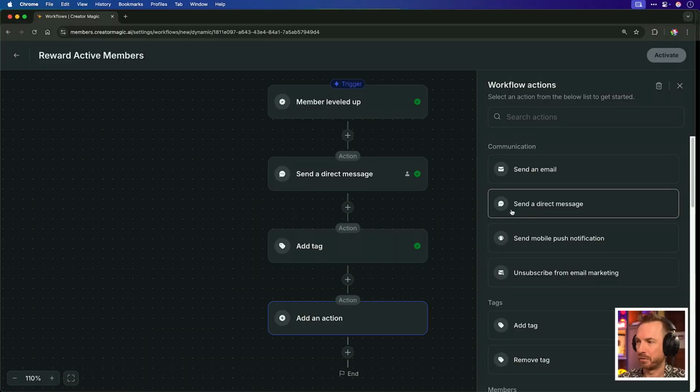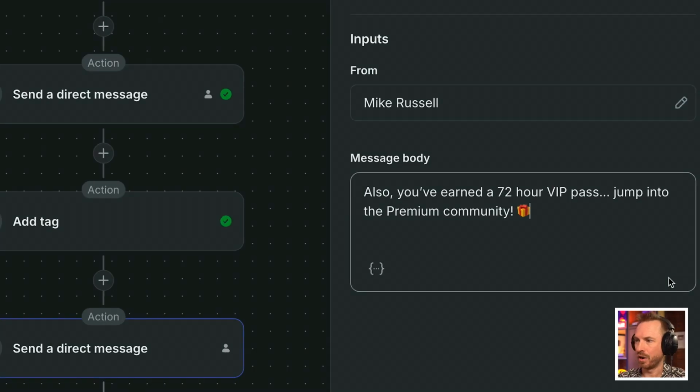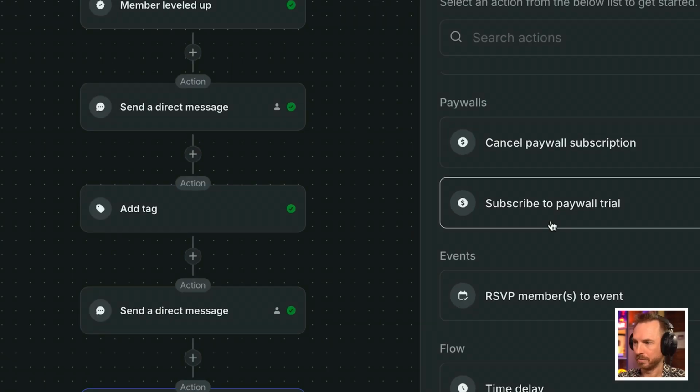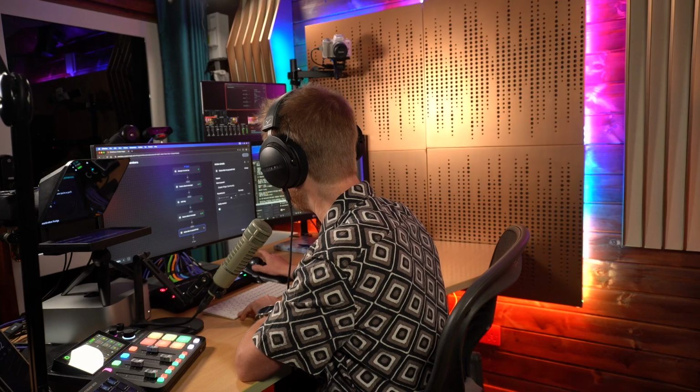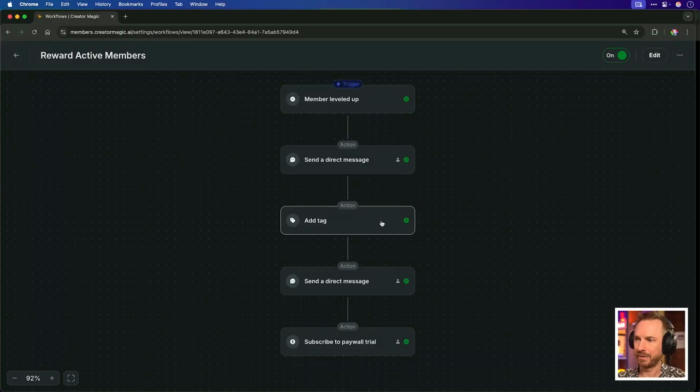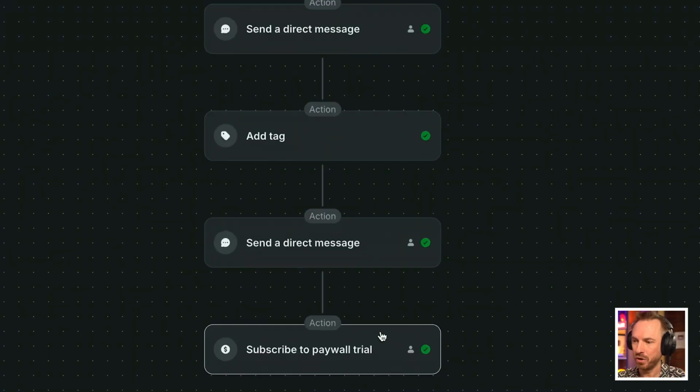Now we're also going to make it super exciting for level 3 members who have engaged a lot with the community. As a reward, we'll give them a little bit of a free taster access to my premium paid community. So I'll follow up again with a direct message. And here we're saying, also you've earned a 72-hour VIP pass, jump into the premium community. We'll go down to a workflow action called subscribe to paywall trial. And we're going to subscribe them to the Creator Magic premium community for a taster session of 3 days. We'll also notify the member. So now my active members of the Creator Magic community who were maybe thinking about upgrading already get a free taster to see what it's like on the inside. That's all done and activated, so now for being an active member of my community, you could get a VIP